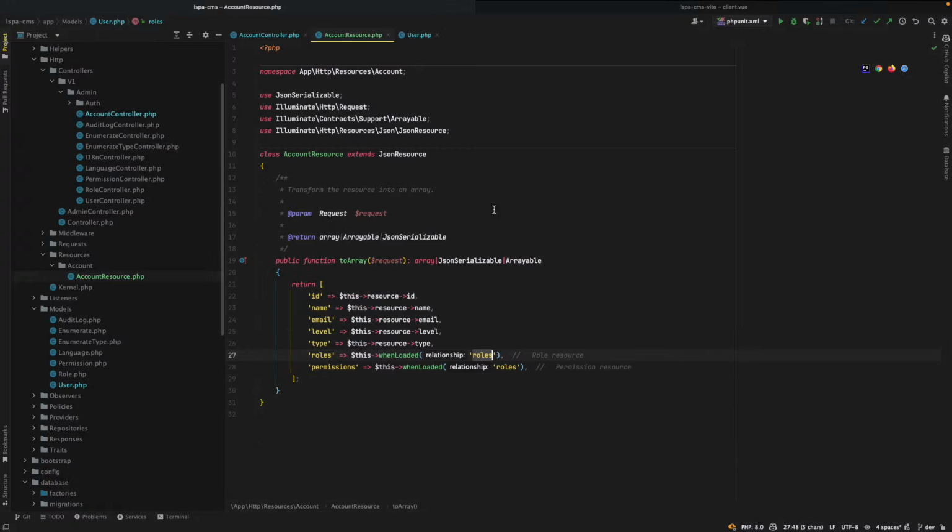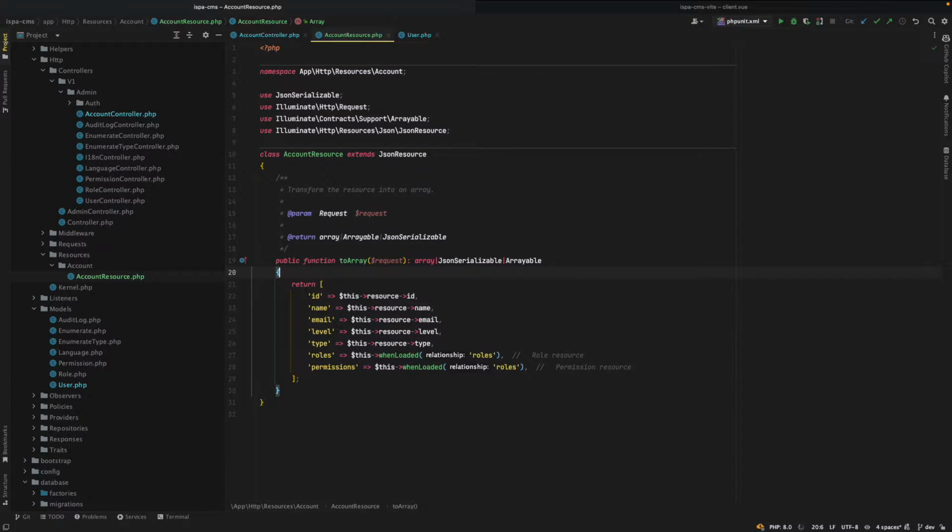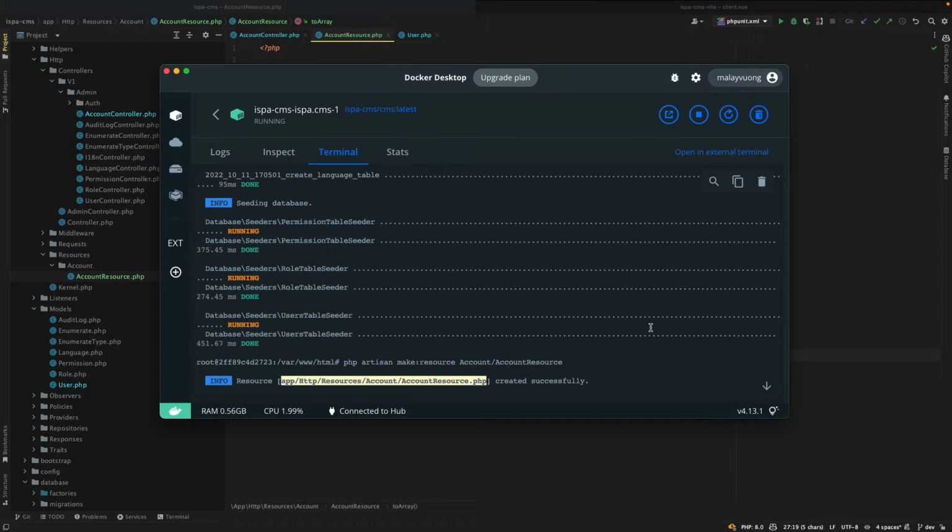This belongs to many, so the resource here. Maybe we do it later. So first we need to get the runs and have the resource. We process to create a new resource about the run resource